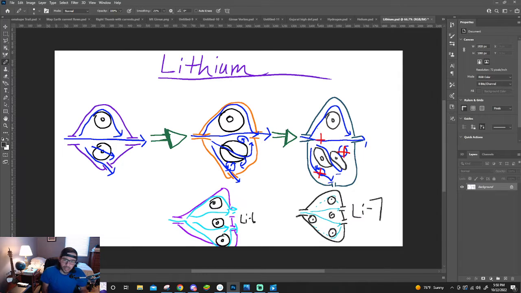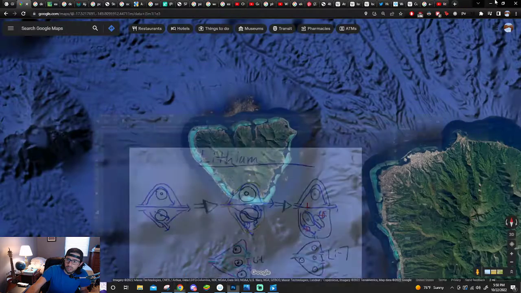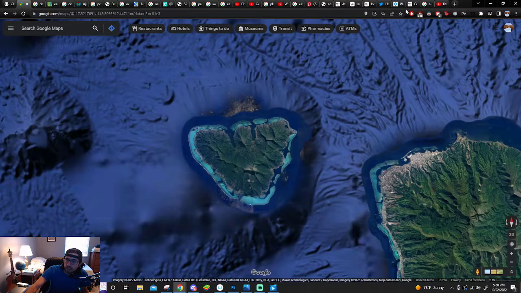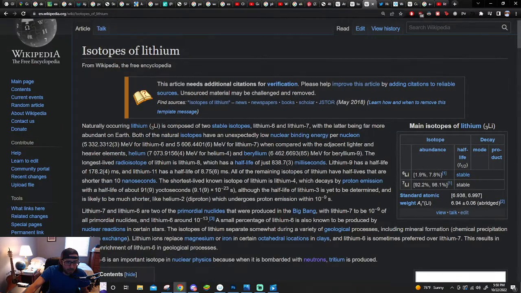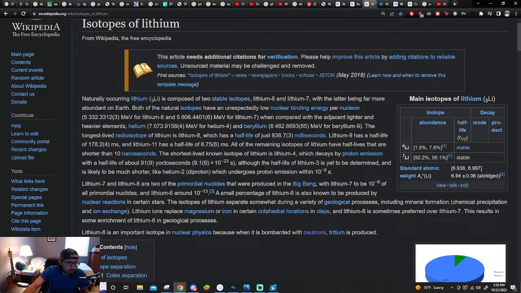Small amount of lithium-6 produced in stars and radioactive. Let me find it. I think it was here. Produced in stars in the Big Bang. Produced by nuclear reactions in certain stars. So I'm not sure what they meant by this, and I didn't bother to find out. But I figured that it probably was suggestive